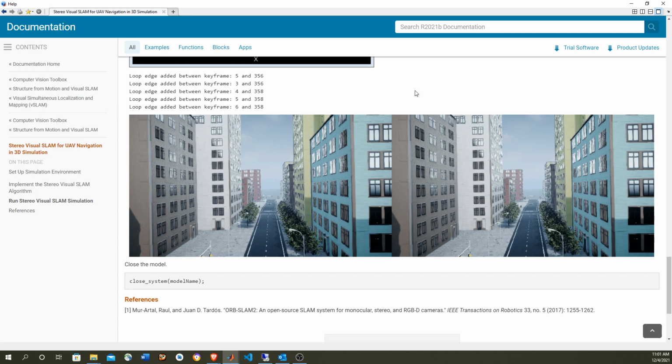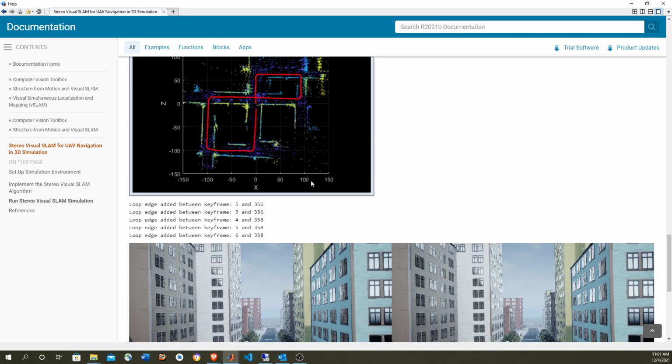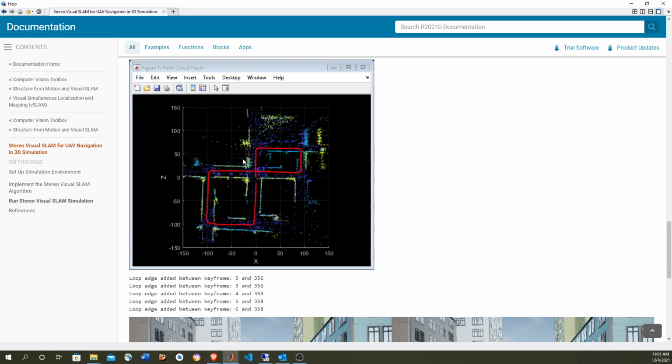focused on the SLAM algorithm, which determines the orientation and position of the drone, and also the 3D point cloud that is formed by the images of this simulation environment. So the outcome is gonna look like this. We have the point cloud for the walls of the buildings and also the trajectory, and we're gonna use a